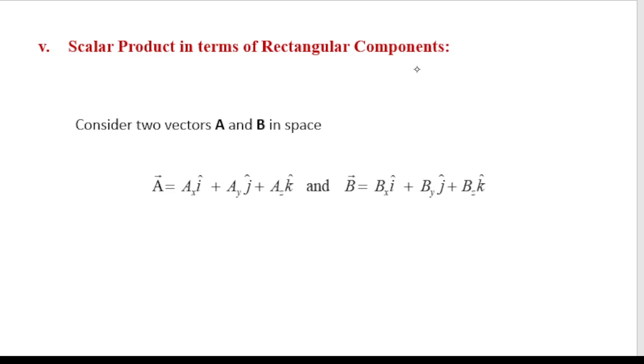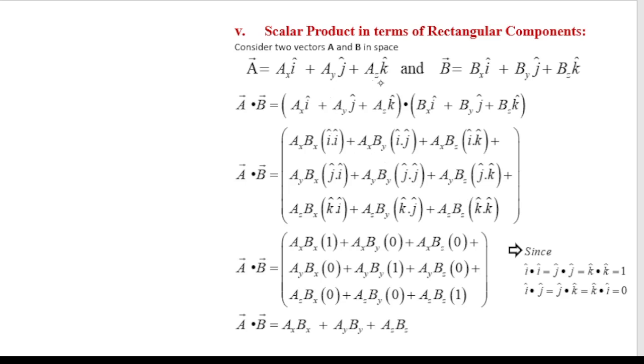Scalar product in terms of rectangular components. Consider two vectors A and B in space as A is equal to Ax i plus Ay j plus Az k and B is equal to Bx i plus By j plus Bz k. Scalar product is equal to AxBx plus AyBy plus AzBz. As we know that i dot i is equal to 1, j dot j is equal to 1 and k dot k is equal to 1, and i dot j, j dot k and k dot i are equal to 0. So in this derivation,